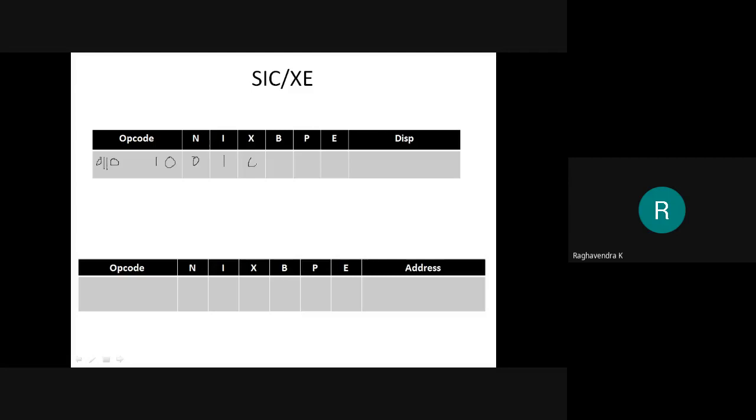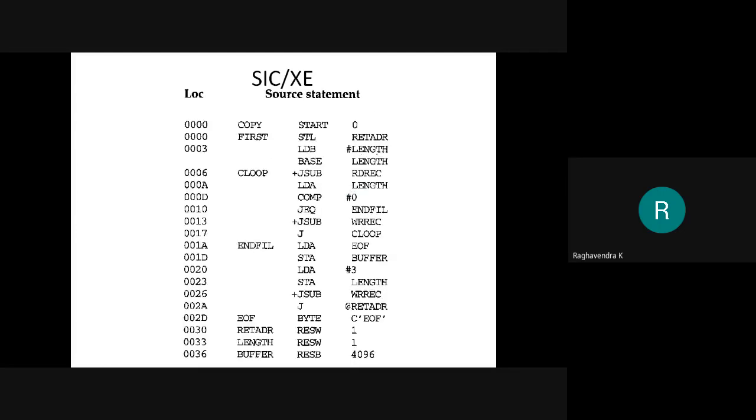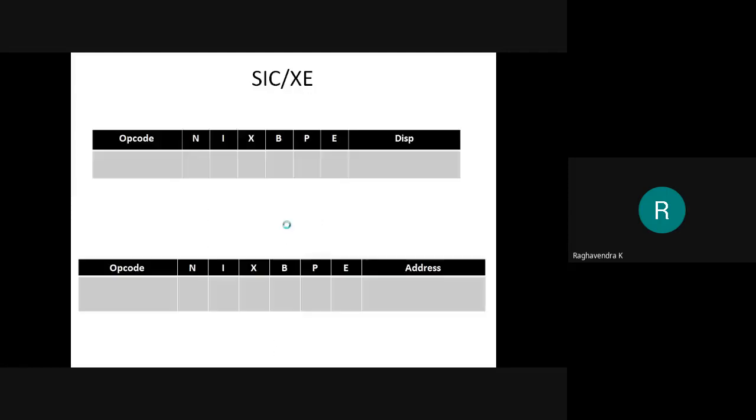Okay, so as usual x will be 0, base will be 0, but as I said, it's with respect to a label. So when it's with respect to a label, we have to use relative addressing. Which relative addressing mode? By default it is PC, so set it to 0, right? Now we'll calculate target address minus the content of PC, which will give me the displacement. What is the target address? Length, correct? Length is 0033.